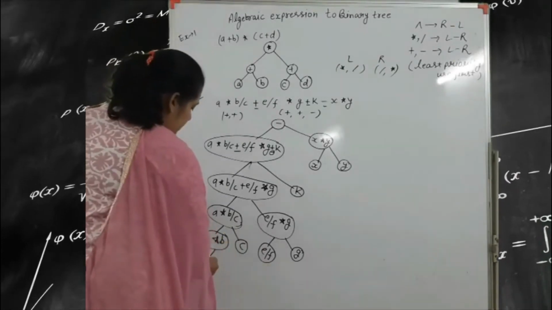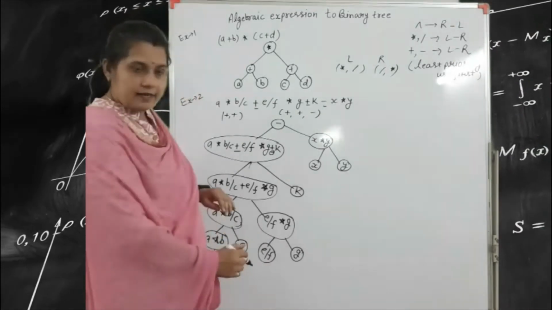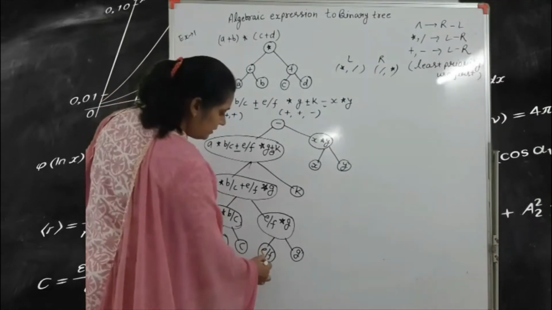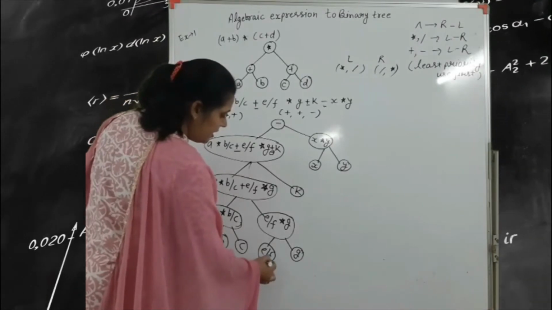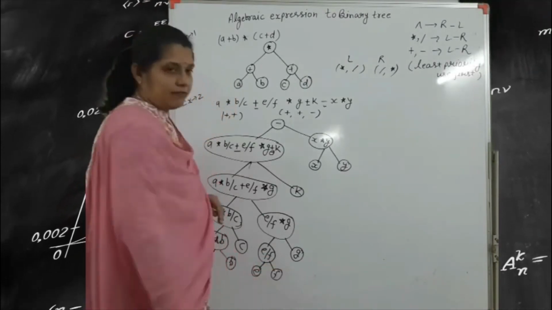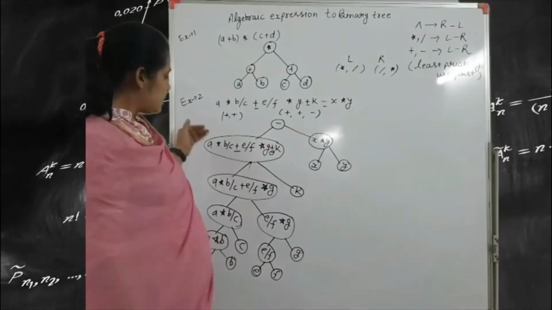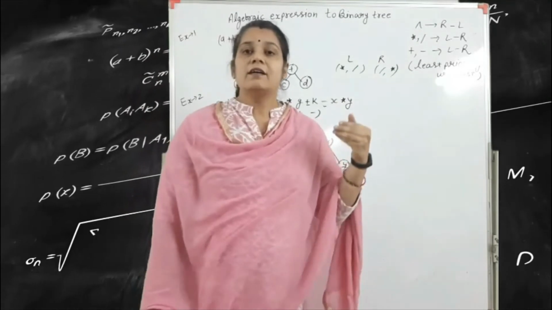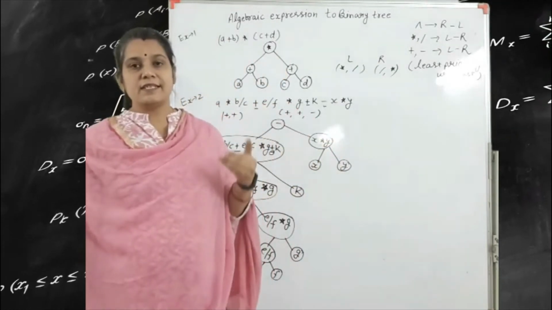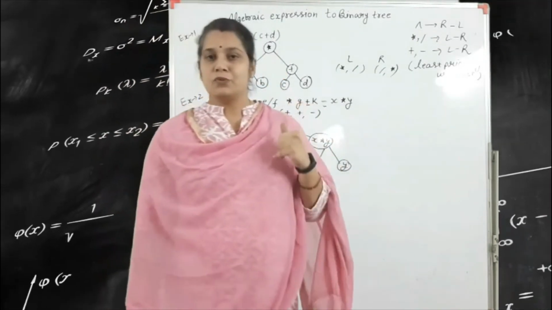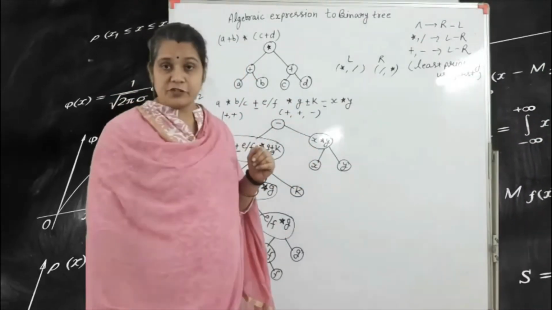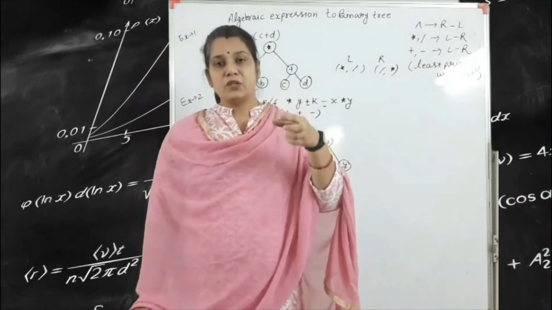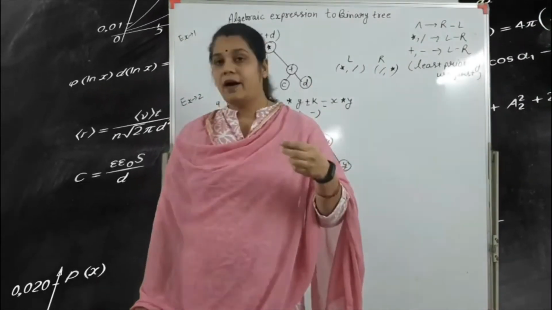Next one is only the star sign. So obviously in the left hand side we write A and in the right hand side we write B. Got it? Here in the left hand side we write E and in the right hand side we write F. Okay, so this is just like a binary tree. So what is the definition of the binary tree? The out degree of each node is 0, 1 or 2, at most 2. Okay, so this is the definition of the binary tree. And what is the complete binary tree? The out degree of every node is exactly 0 or 2.